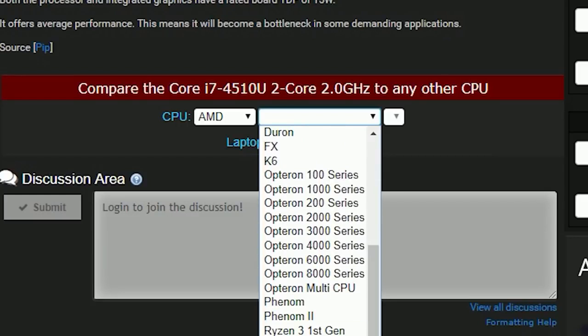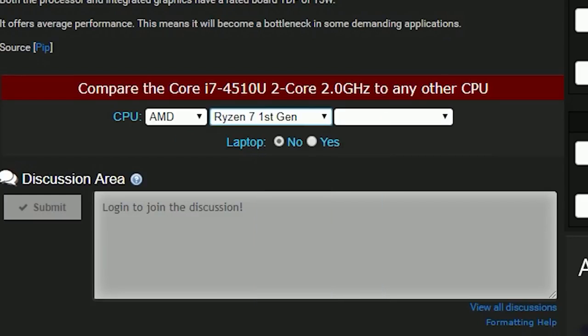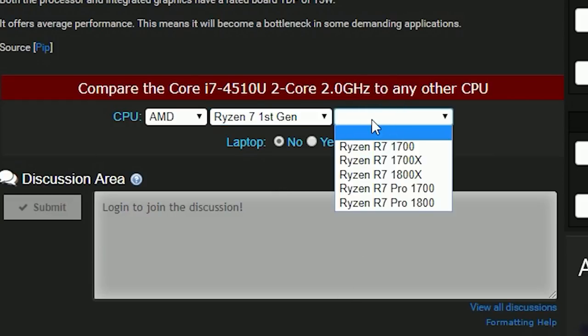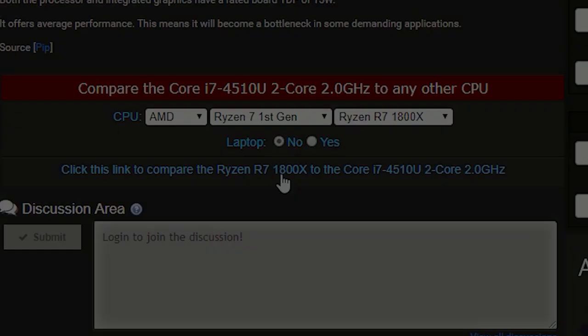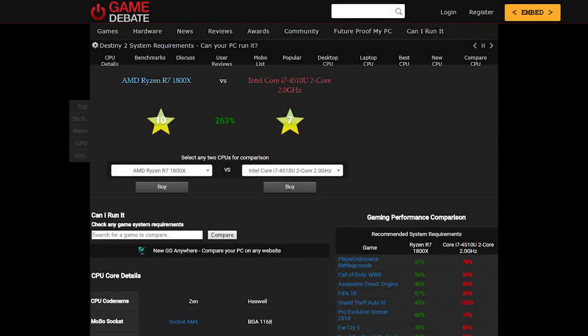It is a desktop class AMD Ryzen 7 1800X. In my case, it is one of the high-end CPUs of the Ryzen lineup. So let's choose Ryzen 7 first generation. Now choose the submodel as Ryzen R7 1800X. Now click on the link which says click the link to compare the Ryzen R7 1800X to Core i7-1410U. And that's it. Now it'll take you to a page where you can see the in-depth comparison between the two